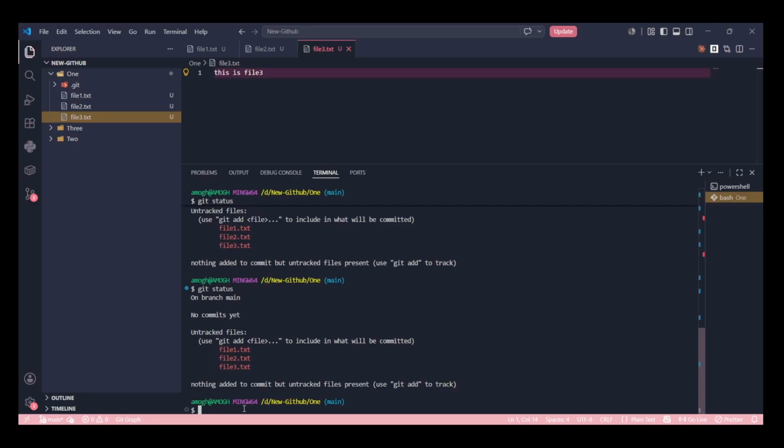Okay, now if I want to track these files, I will add them, right? I should send them to the staging area. Wait, I'll show you the diagram.